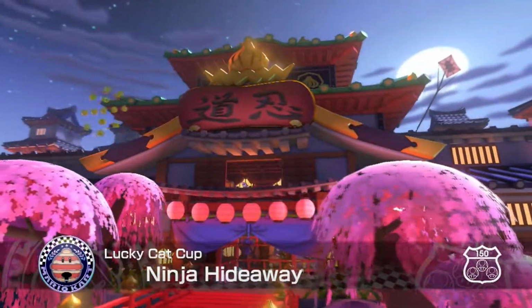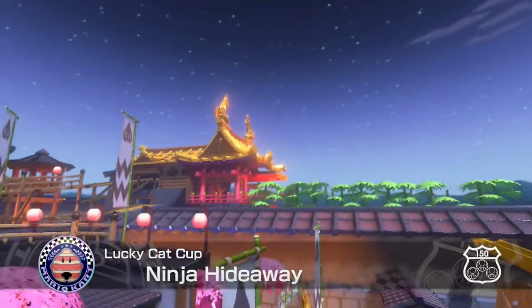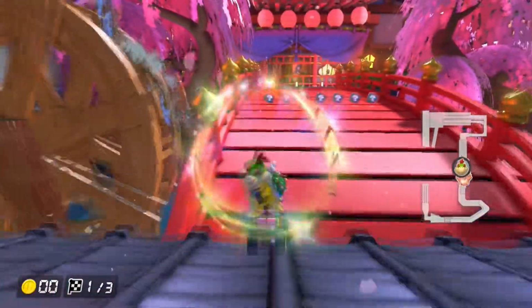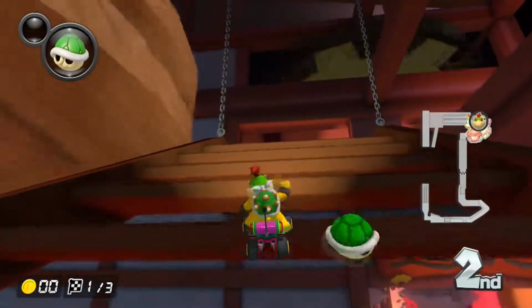Now, this is the level that makes this cup stand out. Ninja Highway from Mario Kart Tour honestly might be one of the best tracks in the Mario Kart series, in my opinion. This level is so good. Basically, you take the idea of a ninja hideout and you make it into a racetrack, and you have this level. It has a lot of cool stuff in it, like driving up a big ladder to gain a boost of